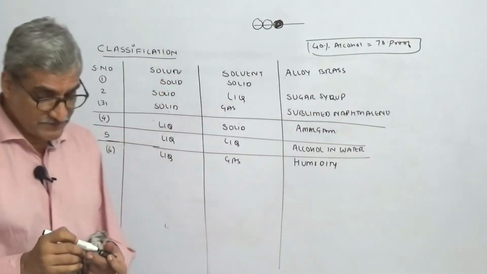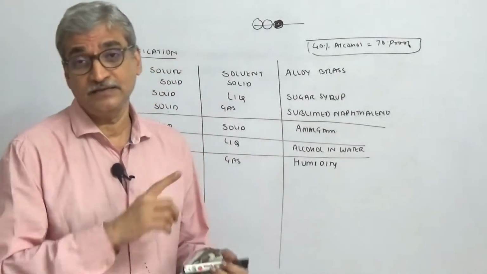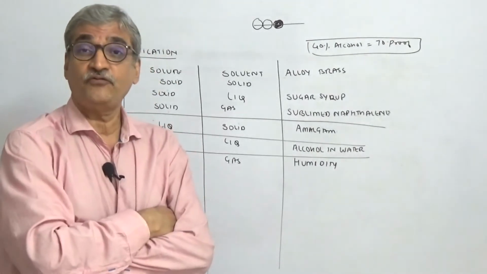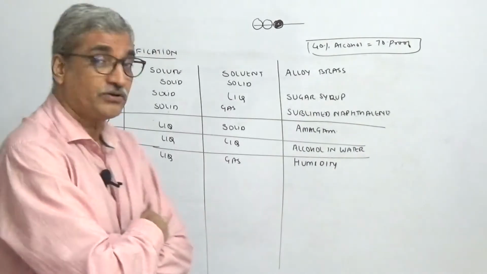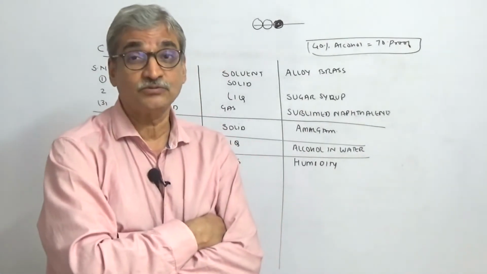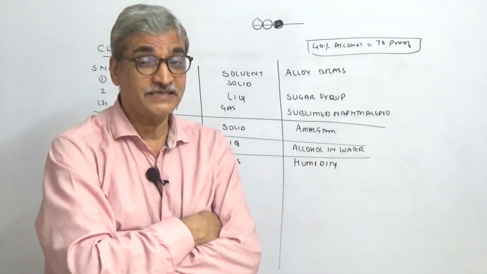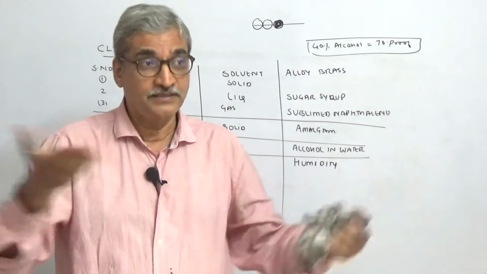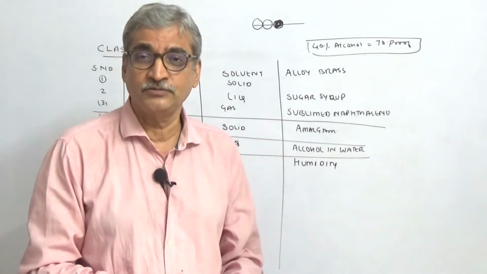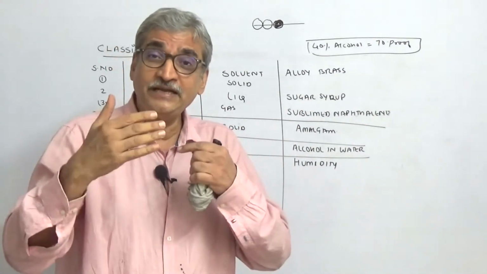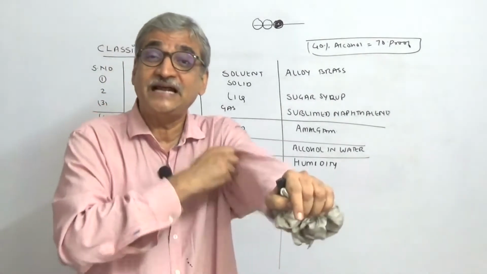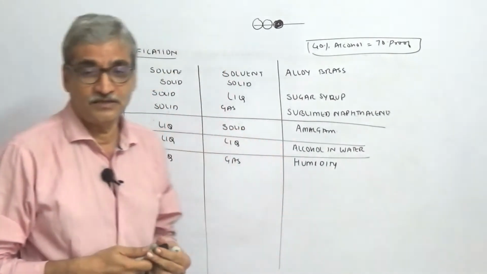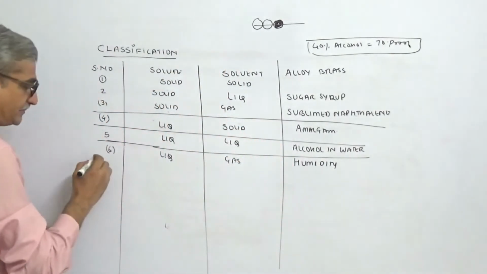See, there's a difference between mist and humidity. When mist is there, fog is there. Let us take fog. Fog is water droplets suspended in the air. So with a fog suspension, you can't see clearly. But our room contains humidity. You might be having 70-80% humidity today. But humidity has to be clear and transparent. That transparency and turbidity is one criterion for distinguishing a true solution and a colloid. So humidity is an example.